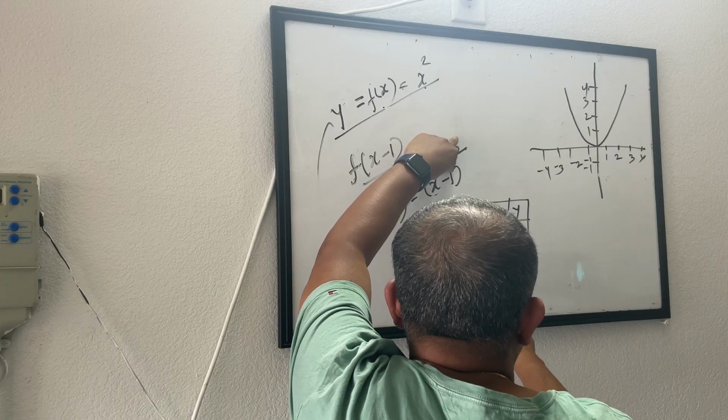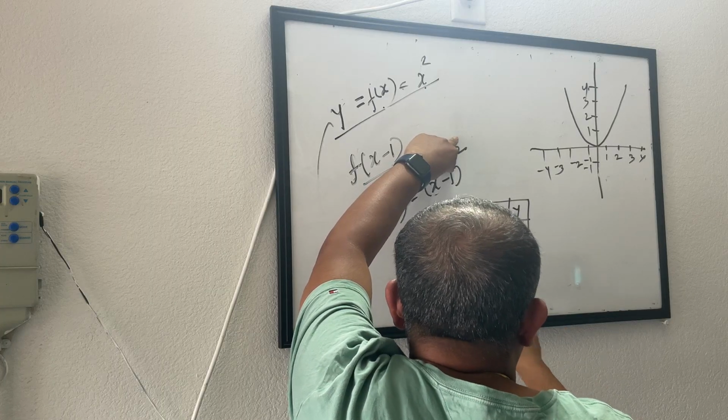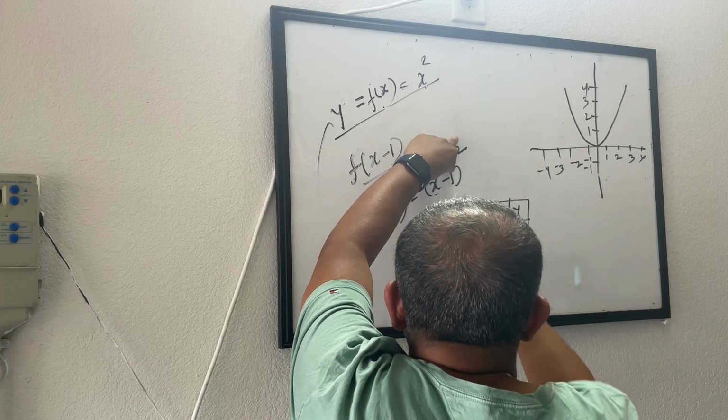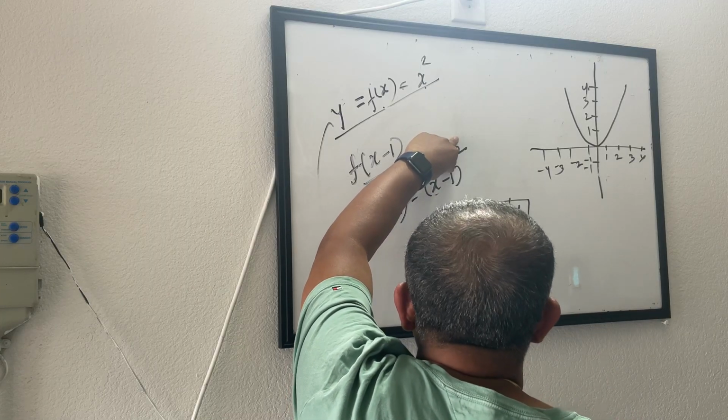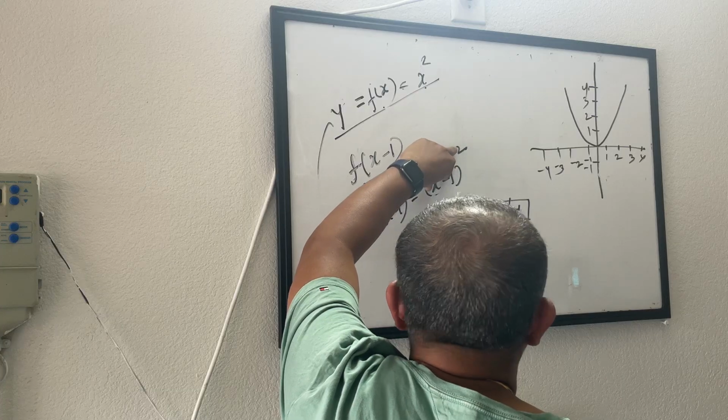When x is minus 1, it became minus 2, that is 4. When x is minus 2, it became minus 2 minus 1, that is